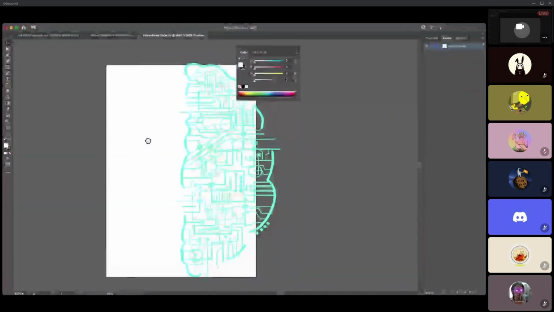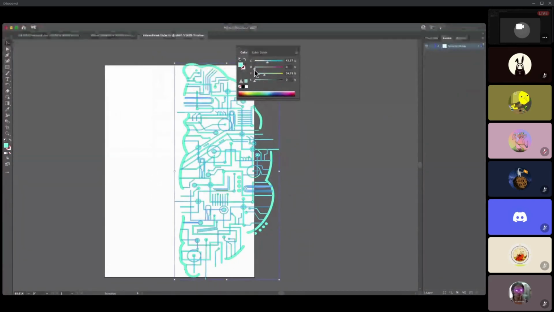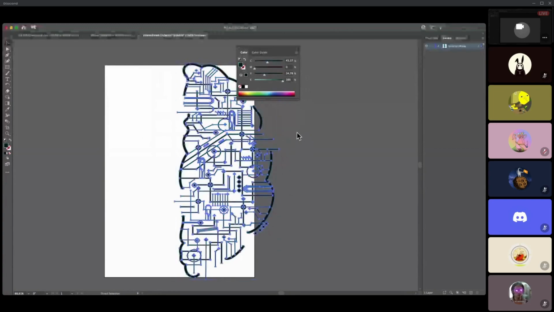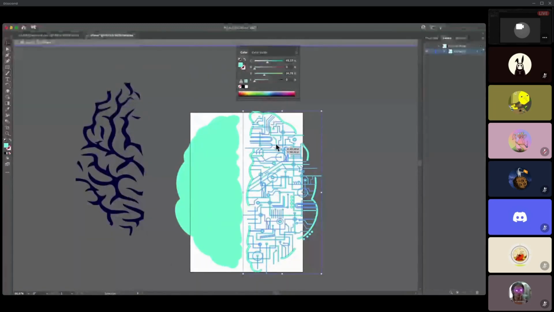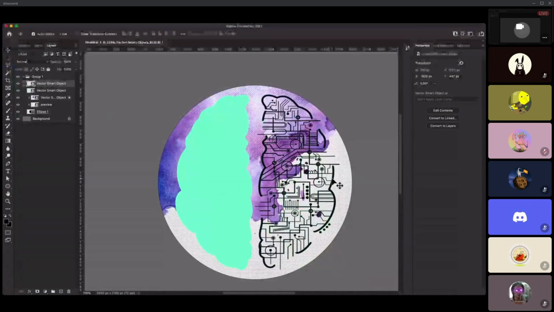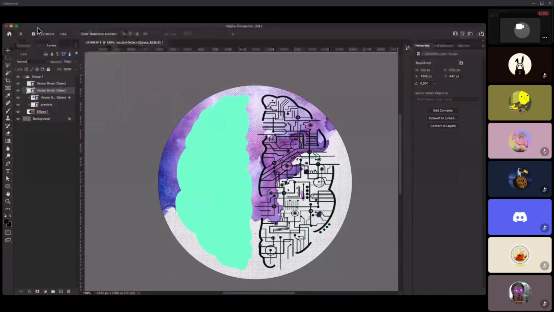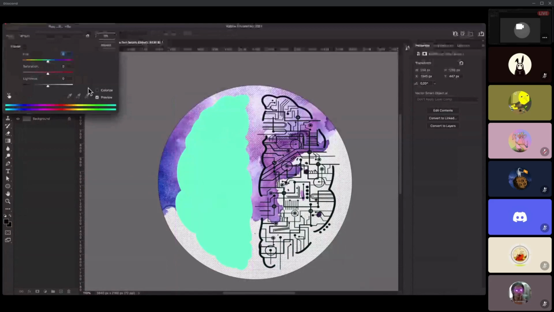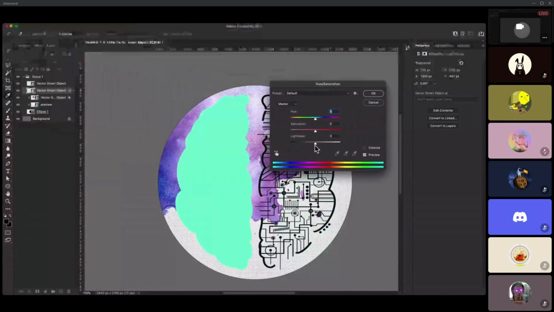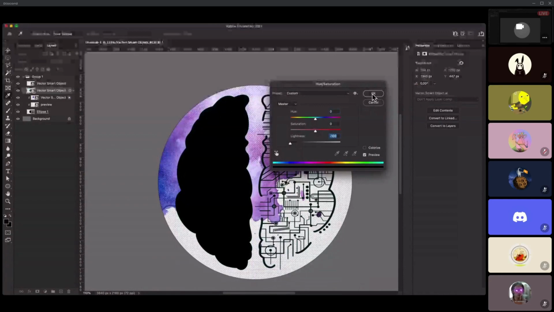So I just select everything and I can change the color here, or I could have also done this in Photoshop. I Command S, I saved it and I exited it out, and here it is in the black. Or in the same way, the other way would be just pressing Command U. It's not very intuitive. If I just press, okay, just going with the hue and coloration, I just dropped the lightness.